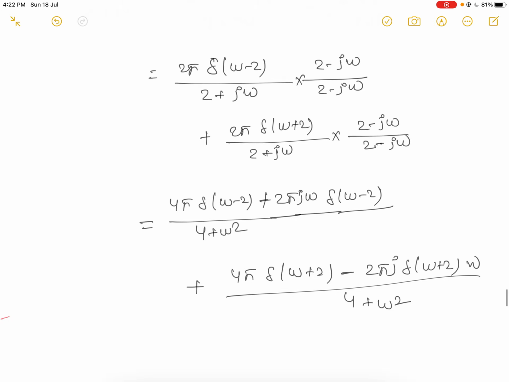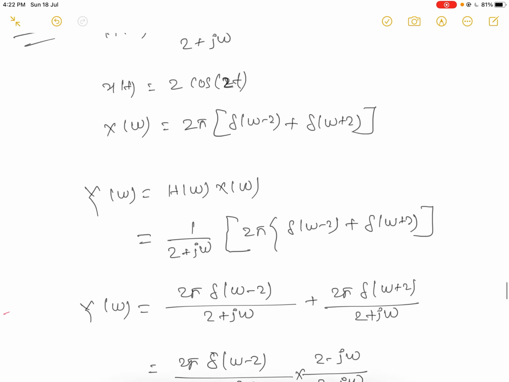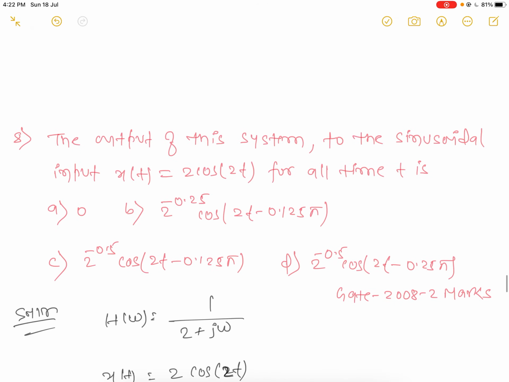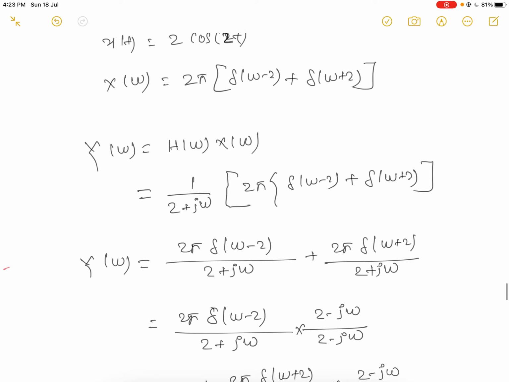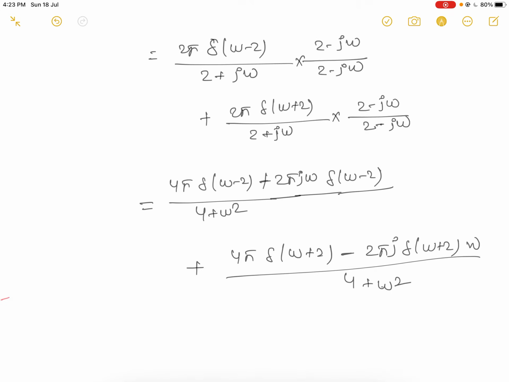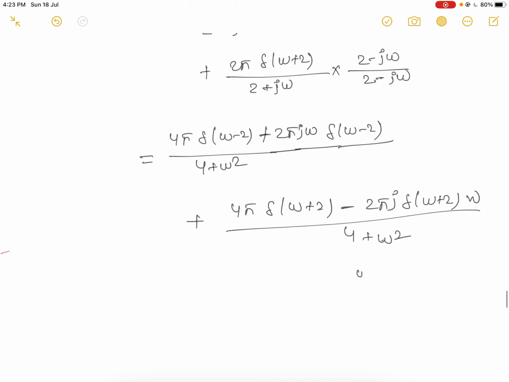When you simplify it now, here at the place of omega, the input given is 2. Here at the place of omega, the given input side is 2. So then the transfer function will be 2 on. Okay, when you put the 2, then it will be 4 and it becomes 8.